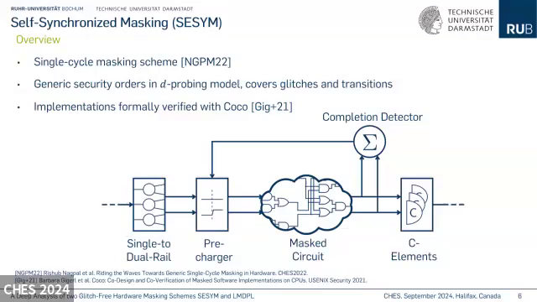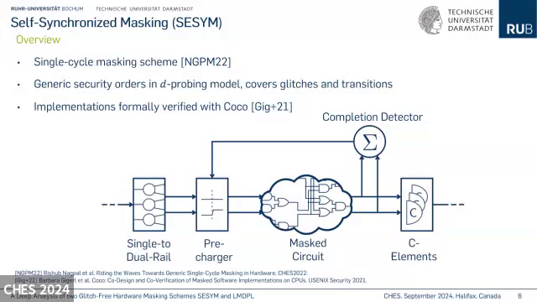And how the scheme works at an abstract level is visible here at the bottom in the image. So first, the single rail inputs are converted into a dual rail representation. Then a pre-charger applies either the null token or the actual data to a masked circuit. And then the result is forwarded to some C elements, which just hold the output stable. And in parallel, a completion detector checks if all of the output shares of the masked circuit are computed. And if this is the case, then after the evaluation, a pre-charge wave is directly triggered, resulting in a single